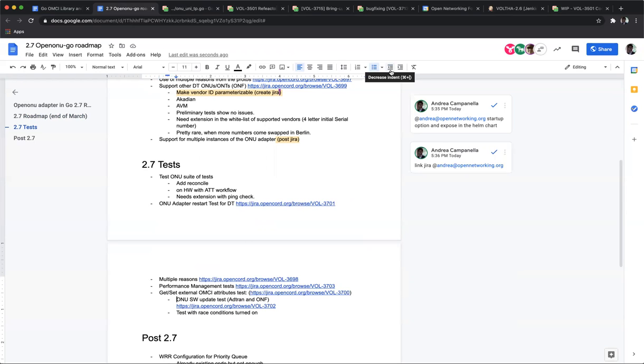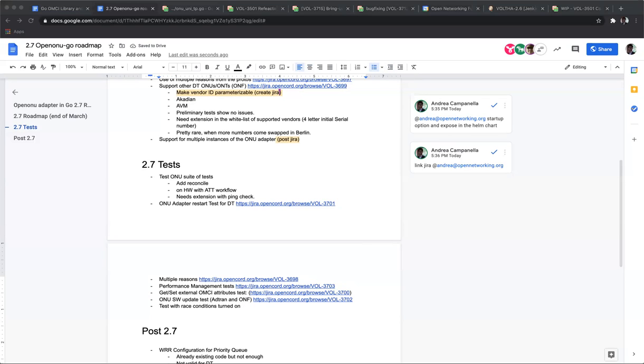And as David pointed out, we need to turn on the flag for the race conditions and see what happens. So those are the things that we need to do.